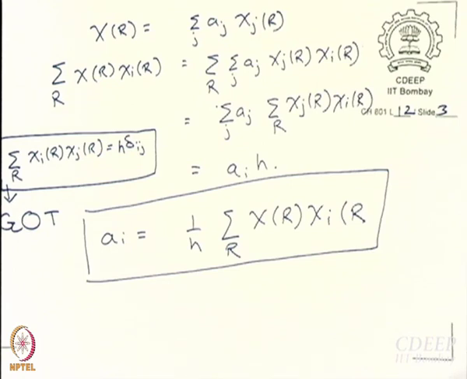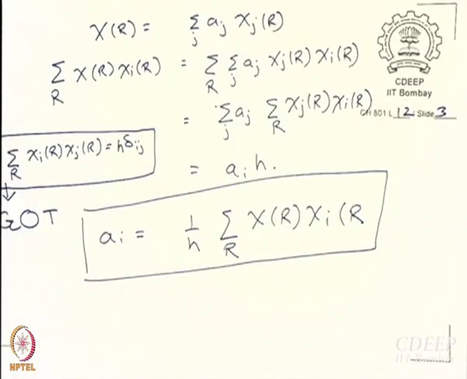Okay. So, this is a relationship that I want you to remember. Even if I barge into your room in the middle of the day, wake you up and ask you what the relationship is. Alright. We will use this very frequently. So what does it mean? That means the coefficient is 1 by h sum over r chi of r chi I r.